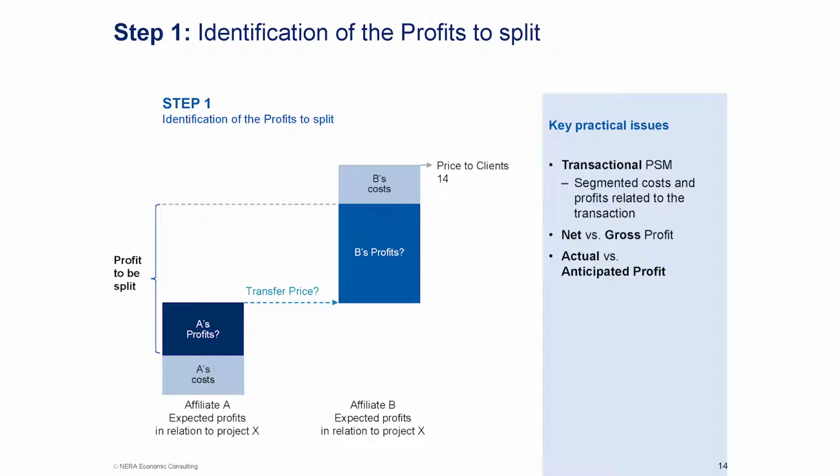Only this step, which is the identification of the pie to be shared, is raising difficulties, and they are shown in slide 14 on the right-hand side. You have here the first point, which is the segmentation. The OECD has rightly identified that the profit split method needs, in fact, to be a transactional profit split method. So we are not talking here about the profit of the whole company. We need to segment out the profit in relation to project A, B, C.